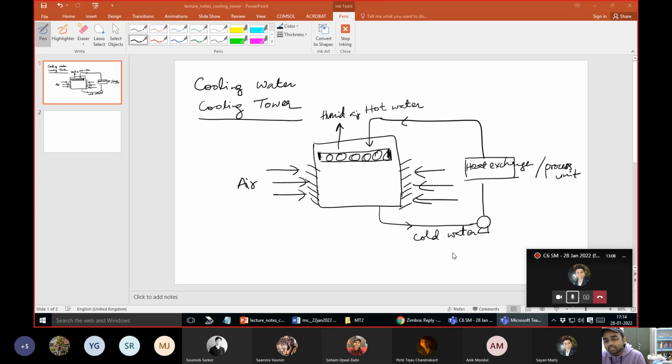So these are the factors which play a very big role, right? What is the contact time of the air and water, how the contact is made, what is the interfacial area, what is the uniformity of distribution of this air within the tower, what is the temperature of the incoming water, temperature of the incoming air, humidity levels of the incoming air, velocity, air pressure. All of these, you can easily understand by now, affect the performance of this cooling tower.